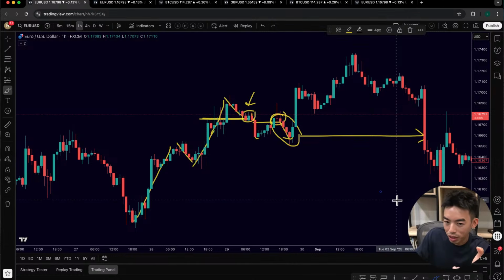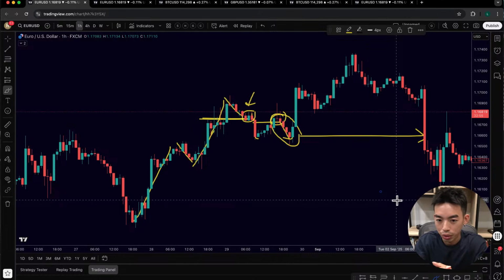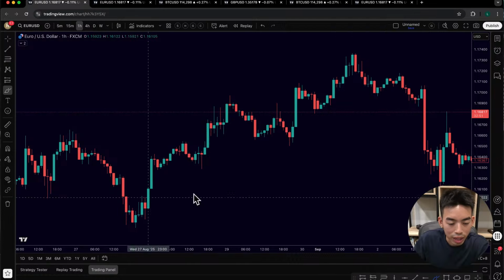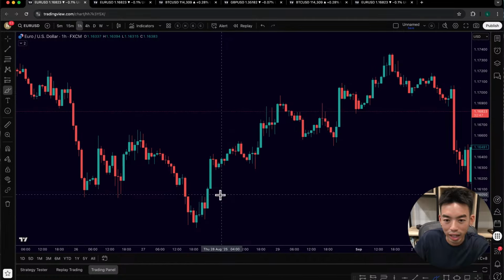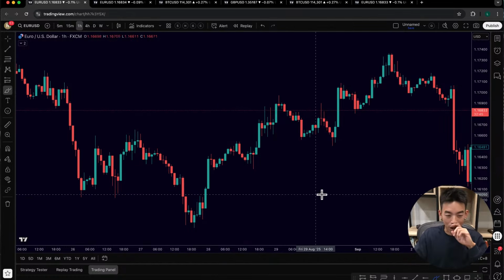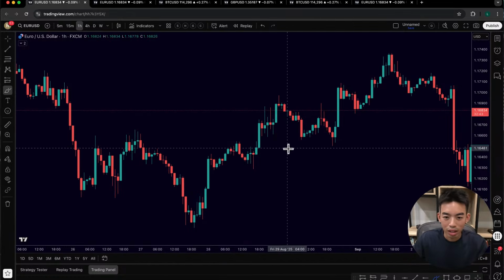Because when it comes to reversal, we also need to consider how big the reversal is going to be. Is the reversal going to be 10, 20 pips, or 100, 200 pips? That's very, very crucial. Okay? The answer to that, we do not need to go far for that answer. Now, again, pay very close attention here.